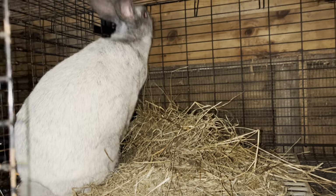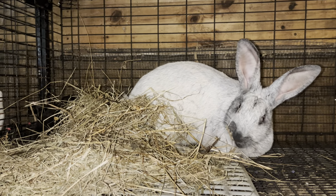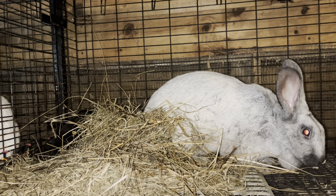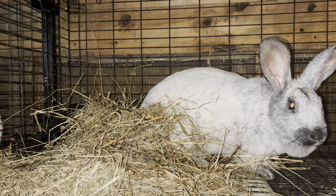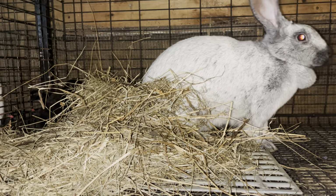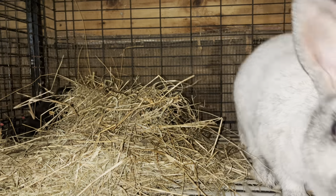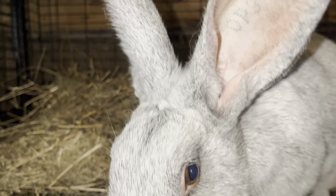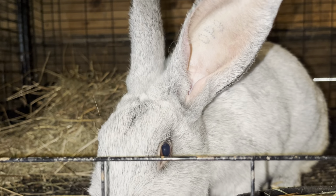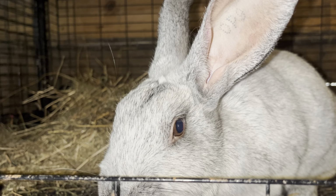So this is Peony, and she delivered her litter 17 days ago, so we're just over 2 weeks. It was a litter of 4. She's a first-time mother. That litter size is maybe a little on the small side. However, I think there are a few factors at play here, and it doesn't concern me. The first factor being that she's a first-time mother, so 4 for a first-time mother is not a bad litter size,